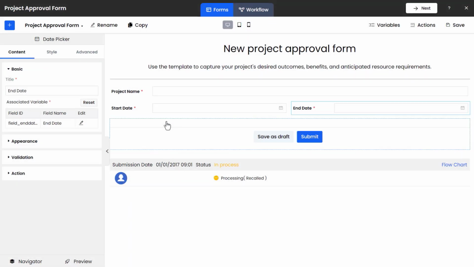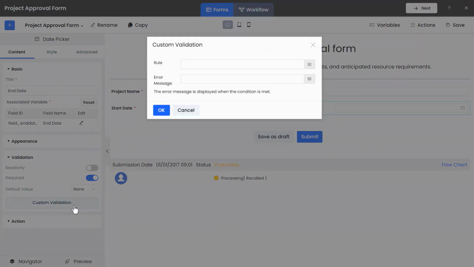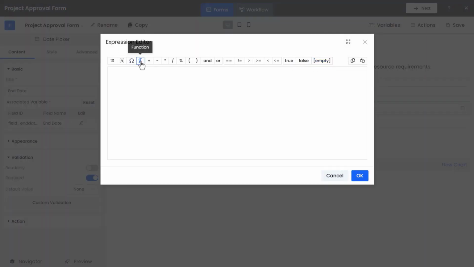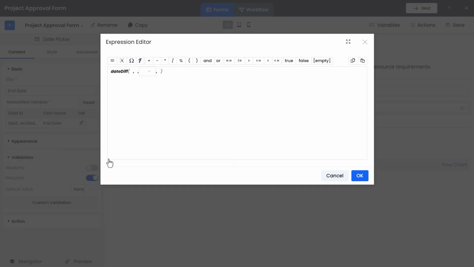Normally, a project's end date should not be earlier than the start date. We can use the custom verification function of Yeeflow to add validation logic. Select the End Date control and under Content Settings, expand the Validation Settings group. Click the Custom Validation button. In the Custom Validation window Rule Settings, click the right button to open the Expression Editor window. Click the Functions button at the top, select Date Diff from the list of functions and click the Insert button. Position your mouse cursor to the first parameter of this function, then click the Expression button in the top